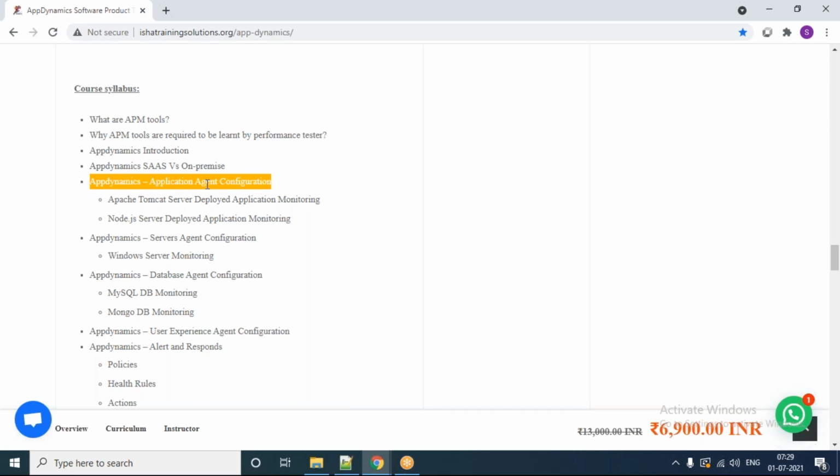Okay, so we can see all the data in the AppDynamics UI. That is actually the logic. In that way, we are going to learn Java agent concepts.